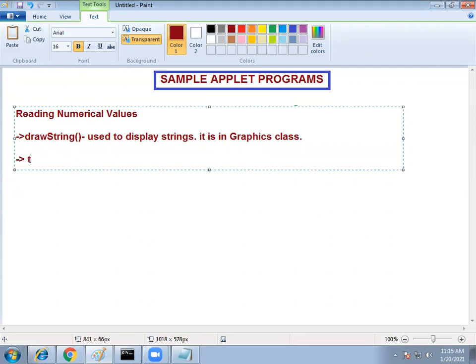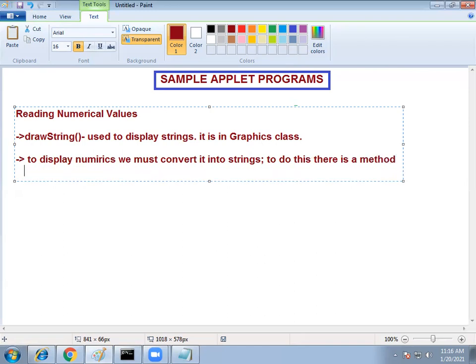Now to display numerical values, we must convert them into strings. To do this, there is a method called valueOf.